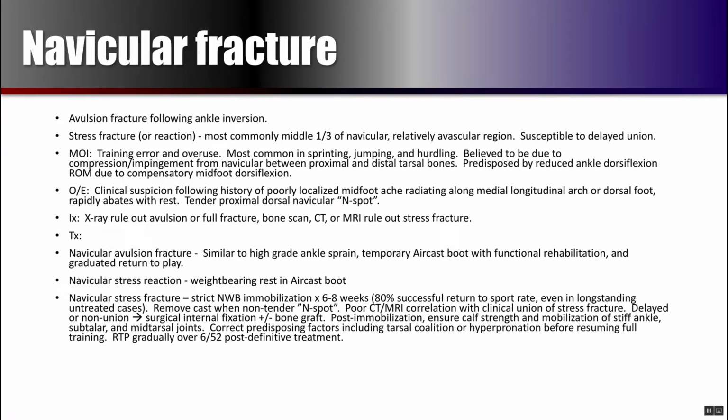Navicular fracture, two types to consider: the avulsion fracture or the stress fracture. Avulsion fractures typically occur from the ankle sprain mechanism. Navicular stress fracture most commonly occurs in the middle third of the navicular in a relatively vascular region. It's susceptible to delayed union, and it's thought to be due to training error and overuse, most common in sprinting,